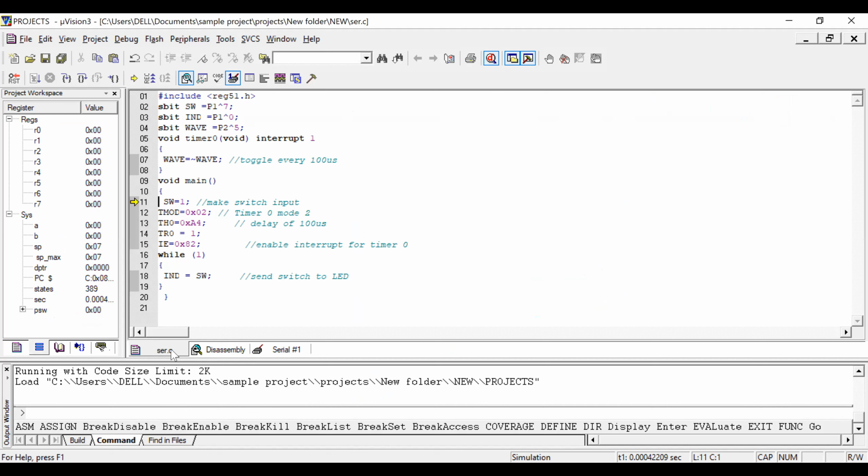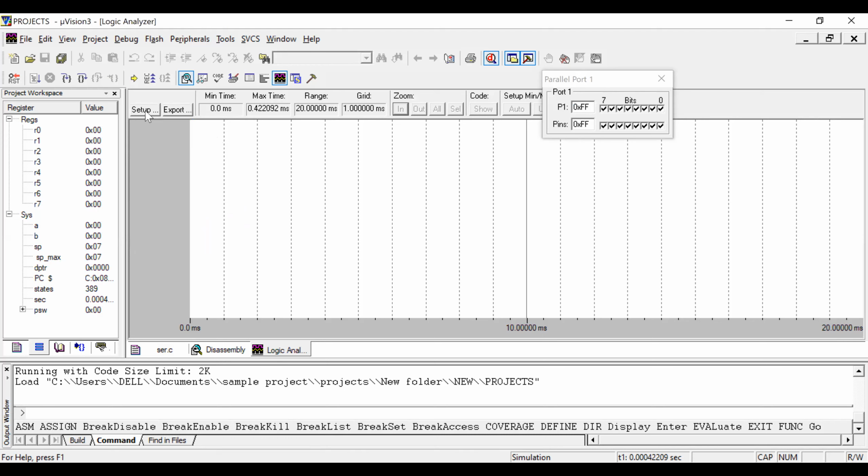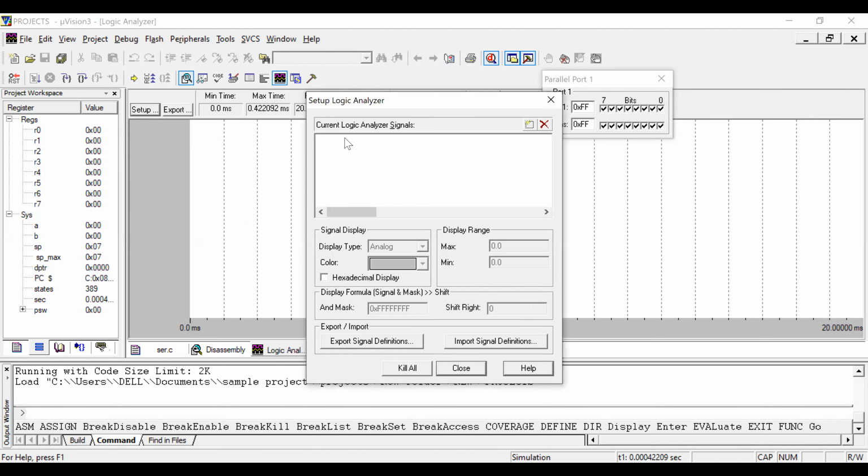I'll open the peripheral port pin, P1.7. Okay, P1, and I will close this and open the logic analyzer.